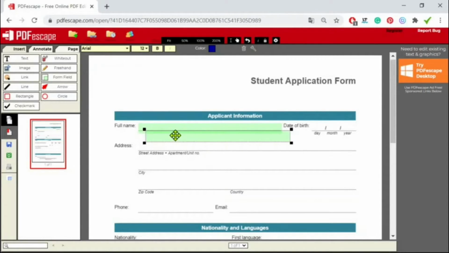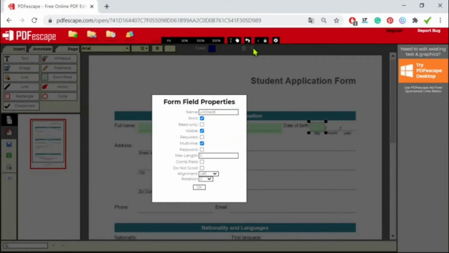Although my next field is much smaller, this box is still useful for me. So I'm just going to click and drag it and resize it. So I can go to the property icon now. I can name it. This is the day box, so I can keep it like that. I will uncheck the multi-line option and I will add a 2-character maximum length because it's a day. You don't need more than 2 characters. And I will also select center down here in the alignment. And I will hit OK.